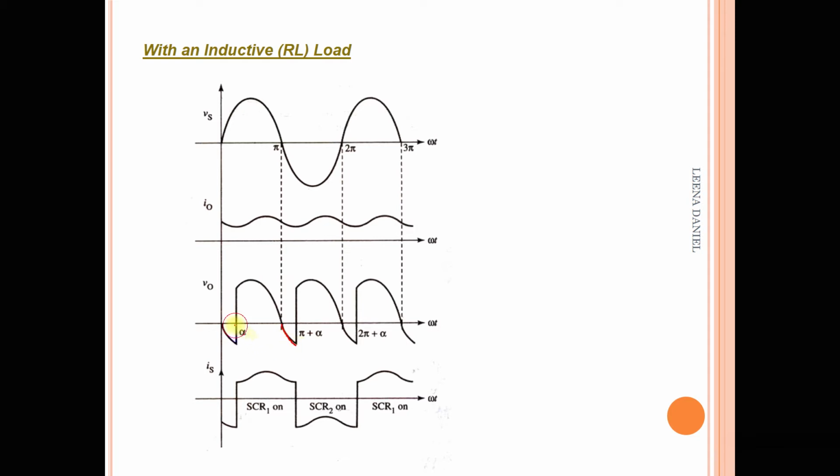So at omega t equal to pi, we give the input to T1 or SCR1, and from alpha to pi it would conduct, and here we can say it is extended up to beta. So T1 would conduct from alpha to pi plus alpha, T2 would conduct from pi plus alpha to 2 pi plus alpha, and again T1, and so on. So this is the waveform for RL load,